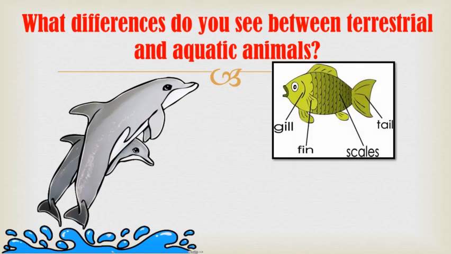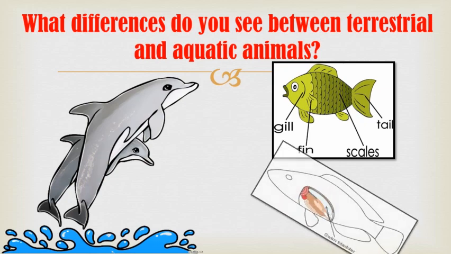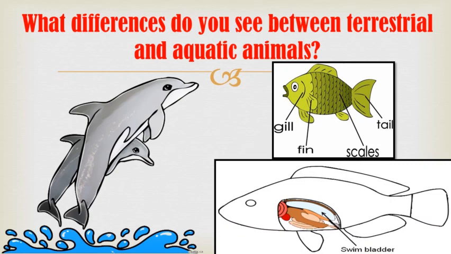This is a diagram of a fish, and you can observe the gills which they are using for breathing, and fins, scales on the body, and a tail. Their body tapers toward both ends like a spindle, and fish breathe with gills instead of a nose. We human beings breathe with the nose, but the fishes breathe with the gills. And their eyes have transparent eyelids. They have air bladders within the body to help them to float.